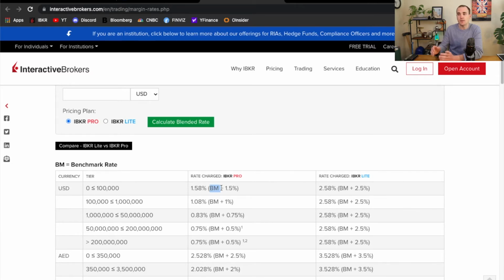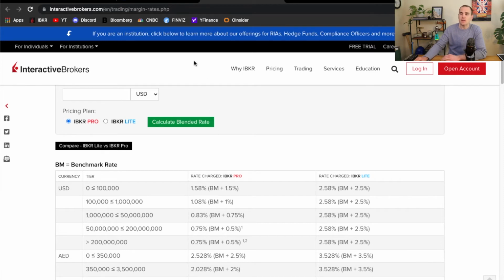Again, a lot of talk about that and potentially raising rates. So as the Federal Reserve decides to increase rates, this BM will actually go up. So if they raise rates by, let's say, 1% over the next year, then your margin loan will actually cost you 1 plus 1.5, or 2.5%. That's still pretty low, and you could probably invest that in the market and do decently. But what happens if they raise rates 3 or 4%? It's possible that the interest payments on your margin could be so expensive that it would be better not to have a margin loan.